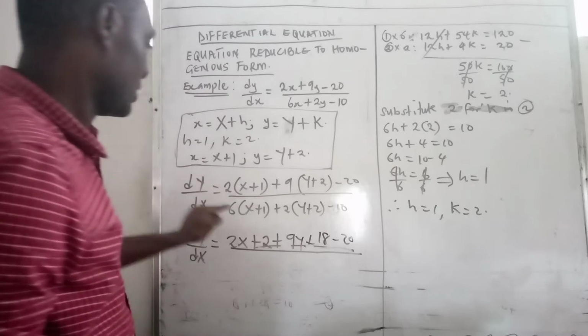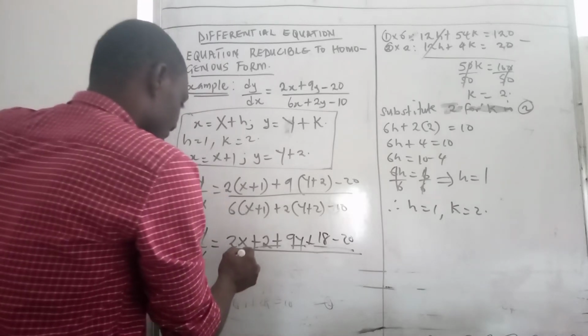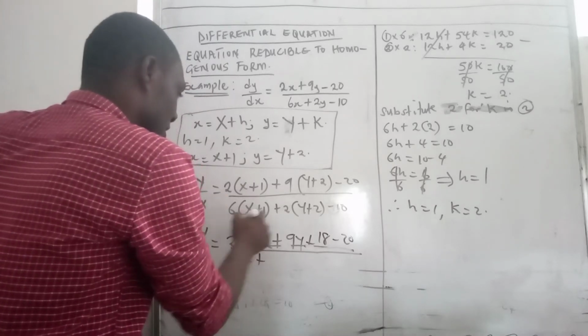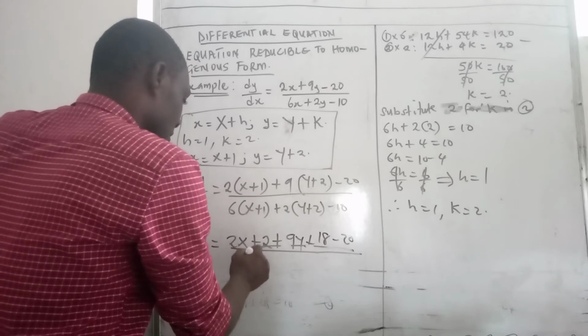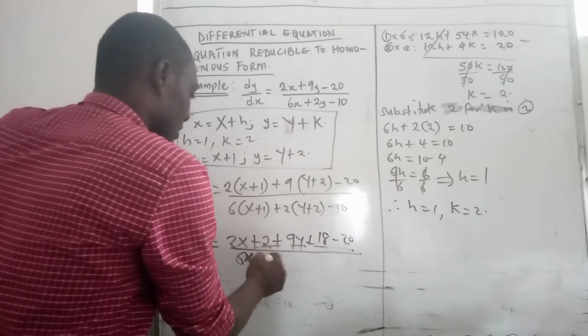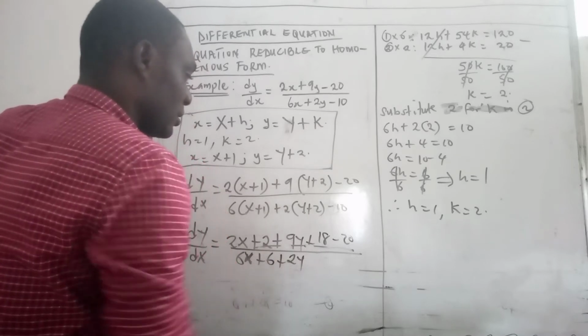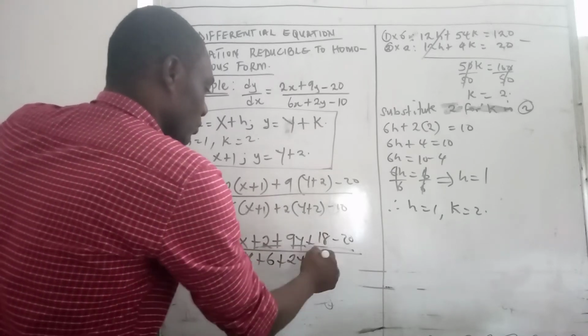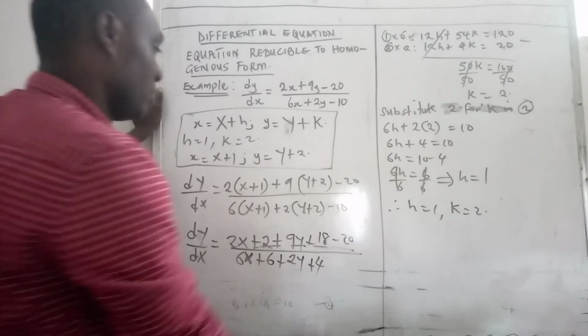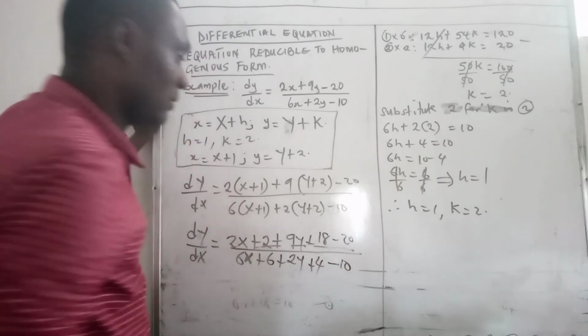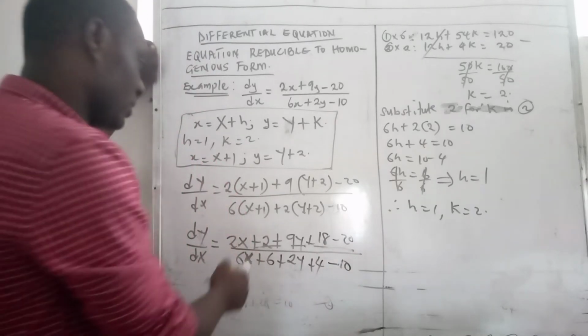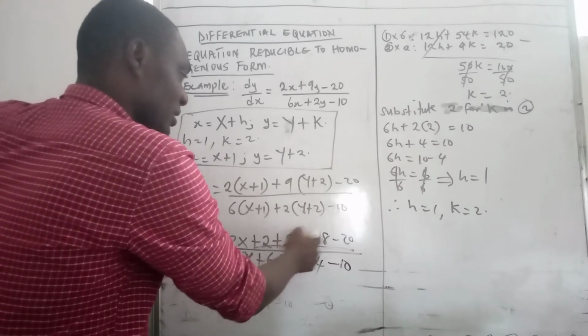All over 6 times x, I have 6x plus 6 times 1, I have 6, plus 2 times y, I have 2y, plus 2 times 2, I have 4, minus 10. Now you can clearly see from here that 2 plus 18 is 20, minus 20 is